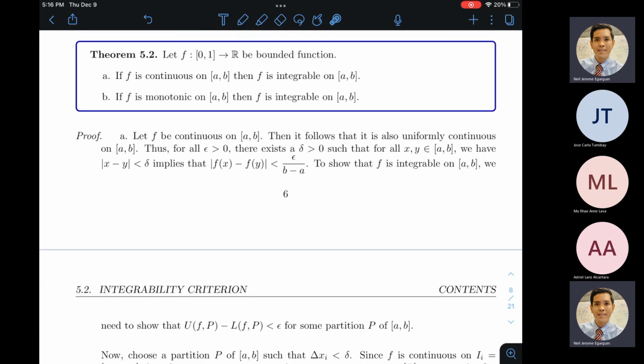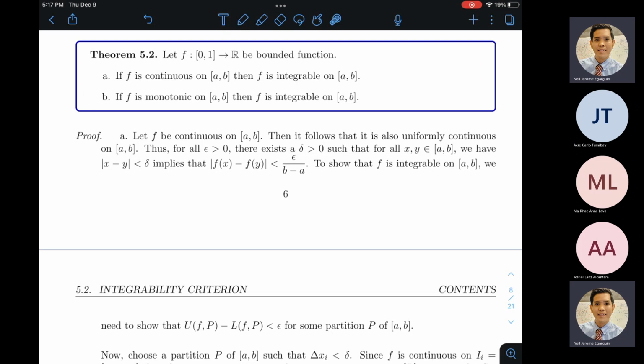These are another criteria for Riemann integrability, pero one way lang. All right? So, ito ay mga sufficient conditions. Ano yung mga conditions na kaya nilang i-imply yung Riemann integrability? Kasi nga, malaking question sa atin, kailan siya nagiging Riemann integrable? So we are actually more after the sufficient conditions. Ano yung mga properties that ensure Riemann integrability?